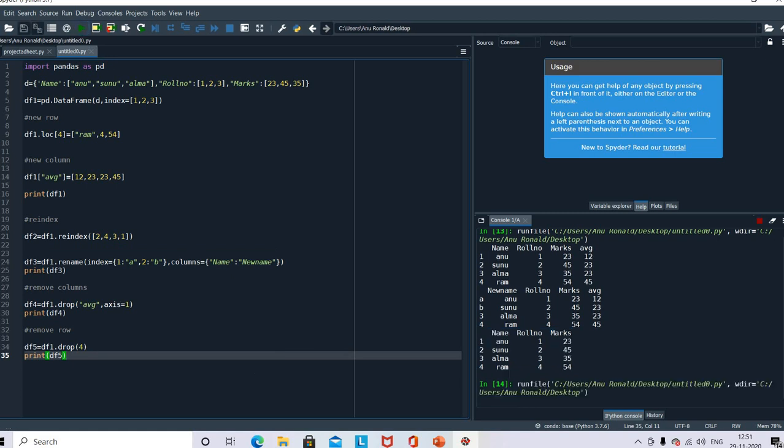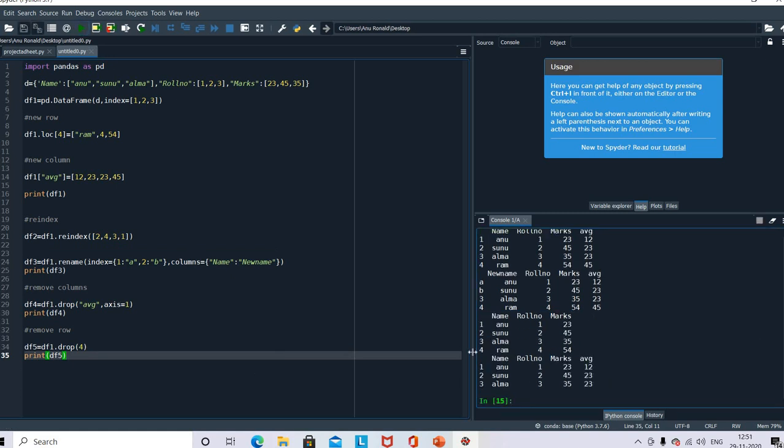Running. So we can see the last, 4th row removed. So these are the basic methods how to remove a column, one column and one row.